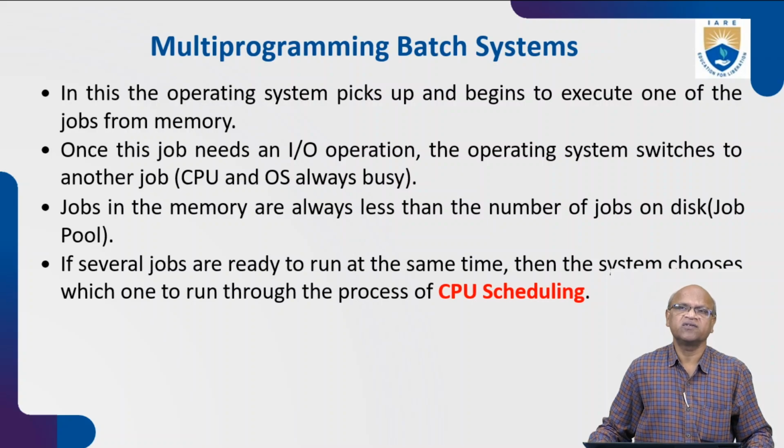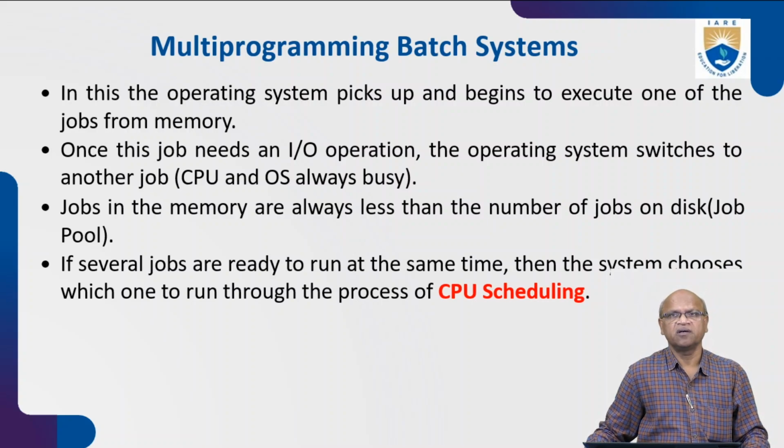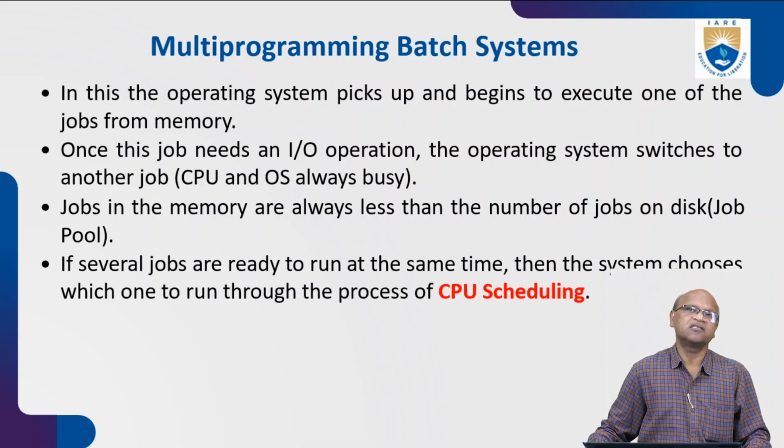So the latest version is multi-programming batch systems. In multi-programming batch systems, what is happening? Simple example, in our OS, you can do any job. You can minimize one job and go for other jobs. That is the only simple difference between batch systems and multi-programming. In this operating system,